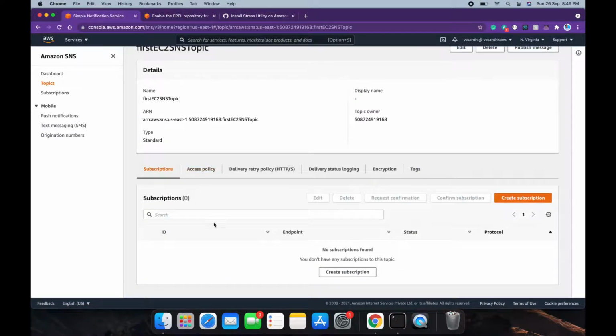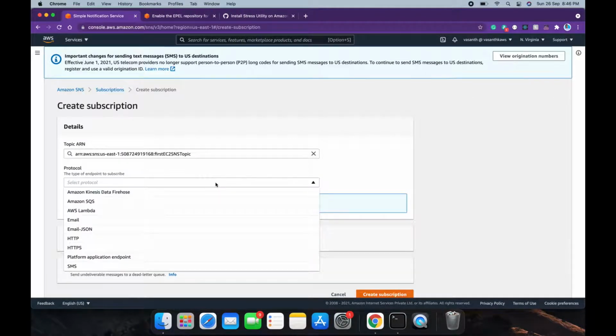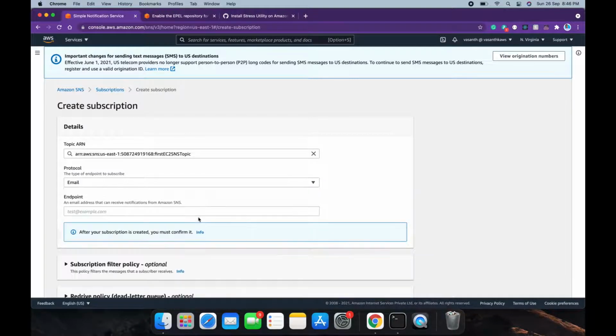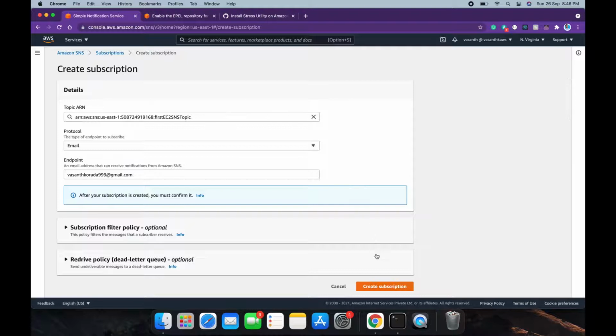Let's now subscribe to this SNS topic. You can click on create subscription, give email as the protocol, give your email address and click on create subscription.